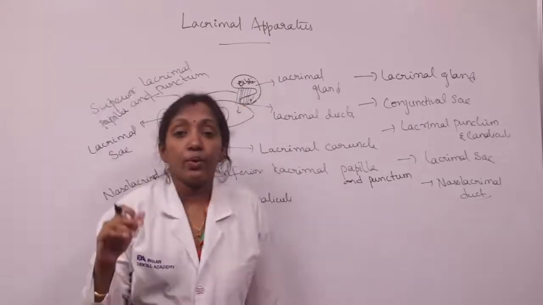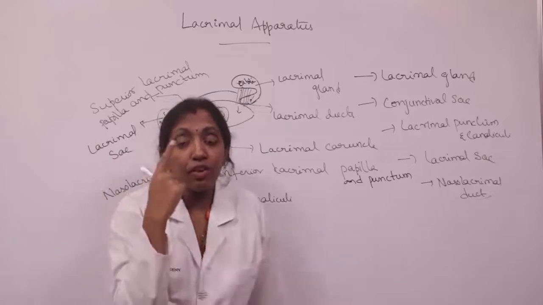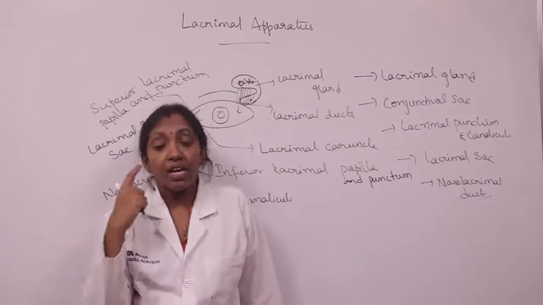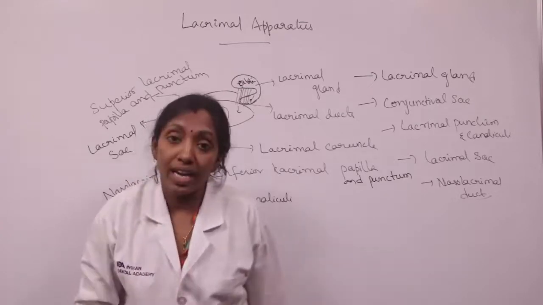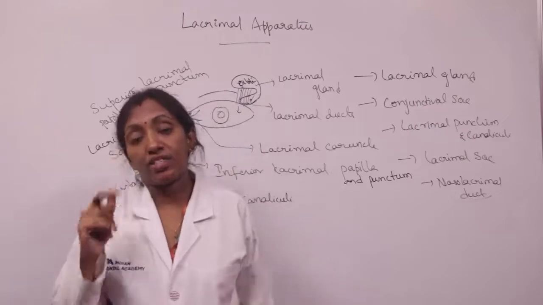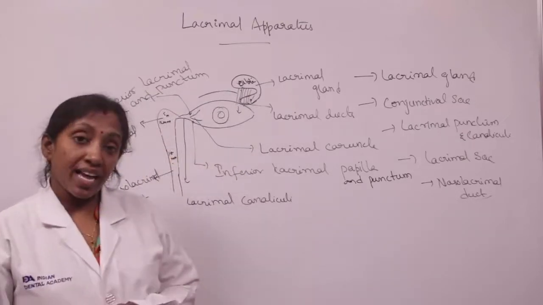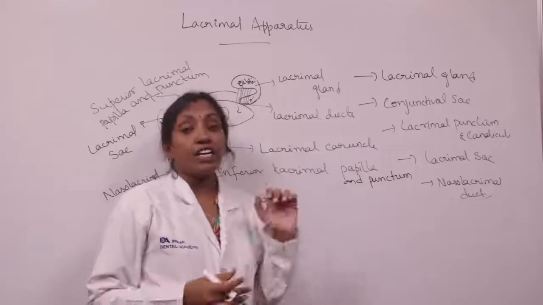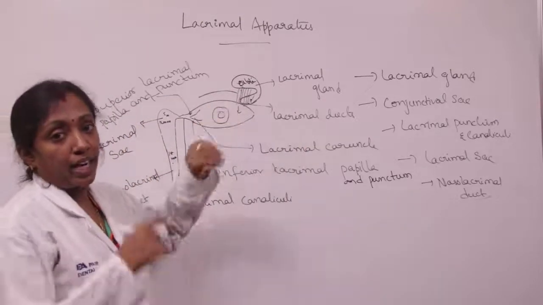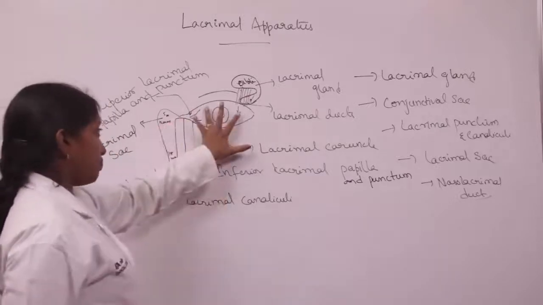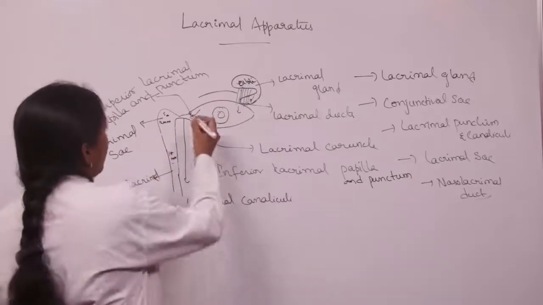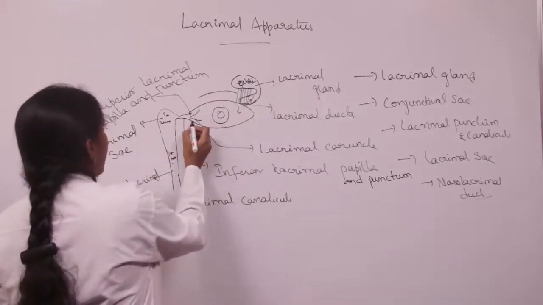The conjunctiva which covers the deep part of the eyelid, we call the palpebral conjunctiva. Then the conjunctiva over the eyeball, we call the bulbar conjunctiva, and the space between the palpebral conjunctiva and bulbar conjunctiva, we call the conjunctival sac, and the ducts open into the conjunctival sac. From here the fluid spreads, most of the lacrimal fluid evaporates, and the remaining part is drained by the lacrimal